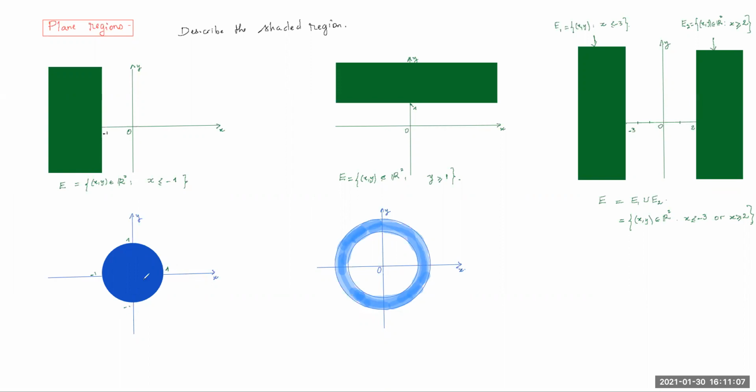So, for example, this one is the unit circle, the shaded part. That means the set is the unit circle, including the points inside the disk. So if you remember, the points on the circle, on this unit circle,